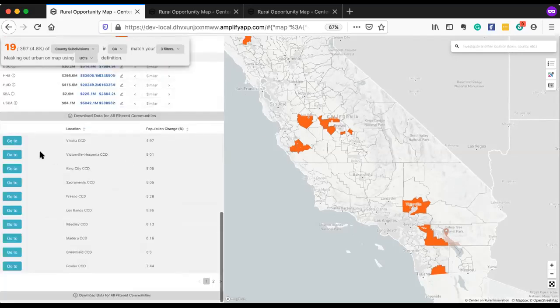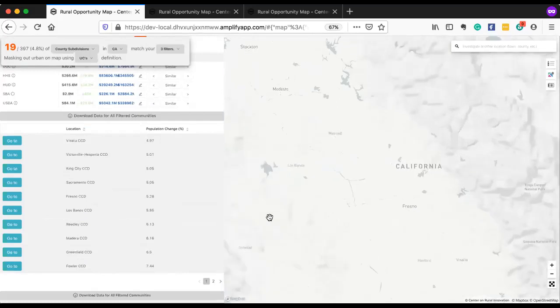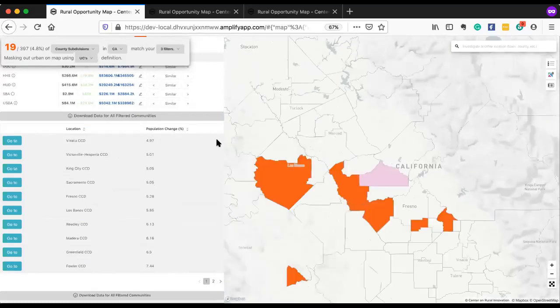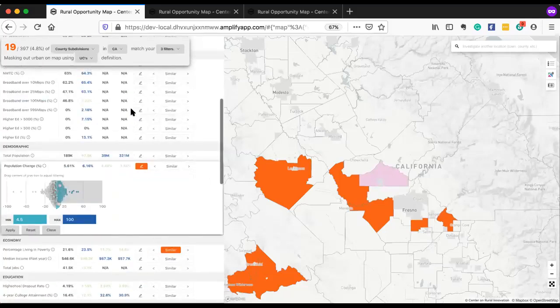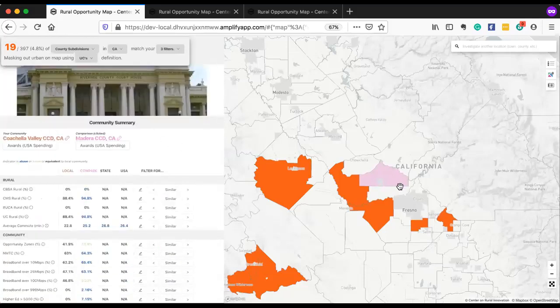Down here at the bottom now is a list of all the places that fit these filters, the places that are similar to Coachella. What we can do is click on them, and they'll take you to those places. And this is an interesting little cluster around Fresno, right? One, two, three, four, five, maybe six of the locations that were highlighted fit in the outer areas of Fresno. If you click on one of those areas, it pops up a comparison